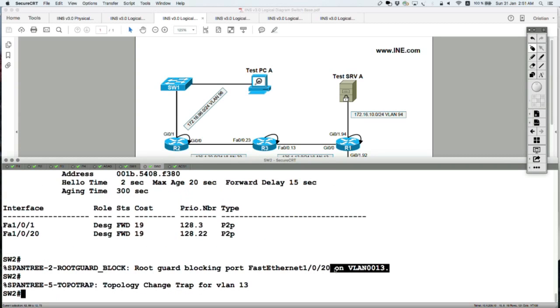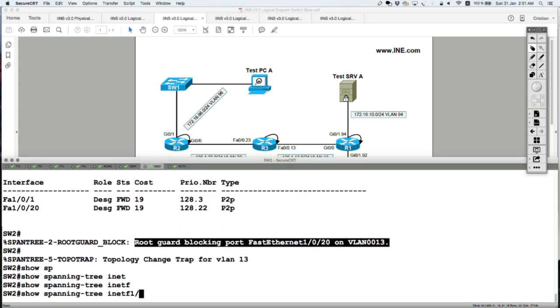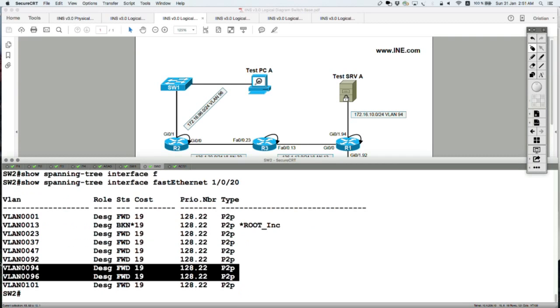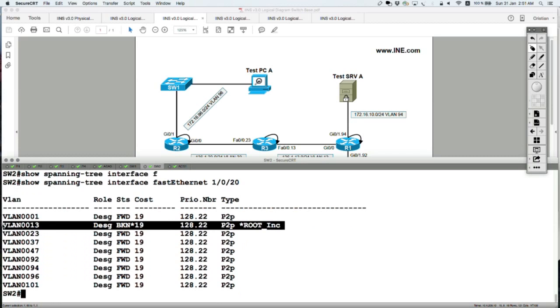Switch 2 has put that port for VLAN 13 only in root inconsistent state. If you say show spanning-tree interface FA1020, there we go, it is forwarding for all VLANs except for VLAN 13. It is in root inconsistent state, which means it is blocking. So at this moment, all traffic in VLAN 13, in and out, is being dropped by switch 2 on that port. So if I go on switch 1,